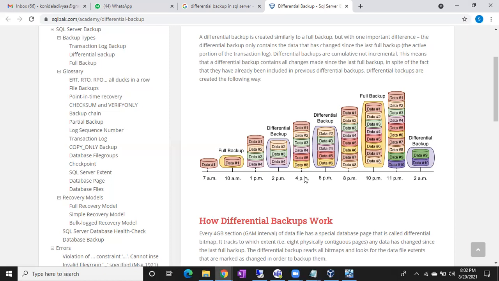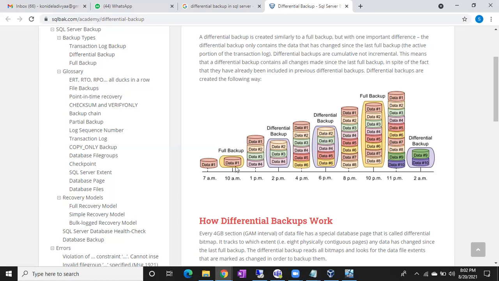Again at 4 p.m., 2 records are added, the 5th record and 6th record. So when you perform the differential backup, as per the differential backup concept, it will take the backup of the changes since the last full backup.